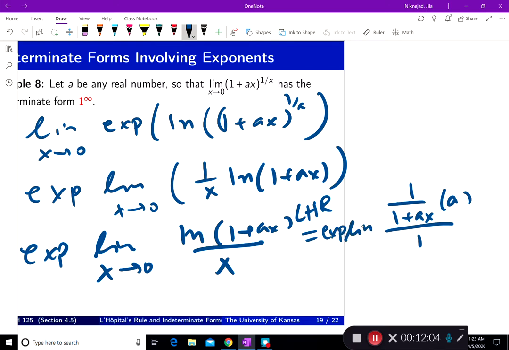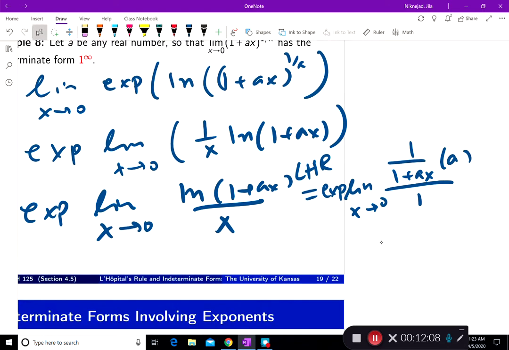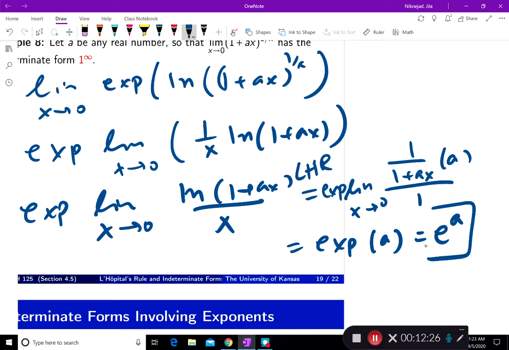So limit x goes to 0. And if I plug in 0, what I end up with is exponential of basically 1 times a divided by 1, and that's a. So it's going to be e to the power a, and that's the